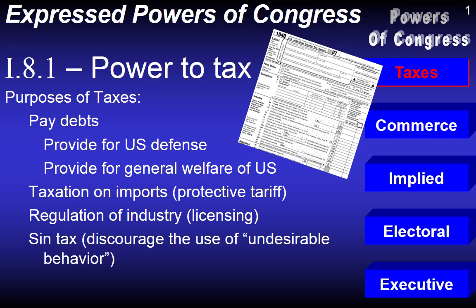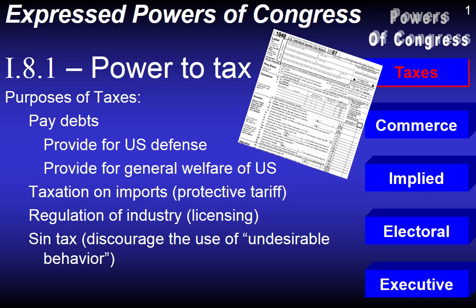And another reason to have a tax is what is referred to as a sin tax. There are behaviors that are legal in the United States, but we really don't think they ought to be something done by the people. And so the government can install a sin tax on undesirable behavior. An example I can give you is that of tobacco. If you go past any of the convenience stores, some of them will say lowest prices allowed. That is because the sin tax has been established on the product to make sure the prices do not go below a particular level, and that's an example of a sin tax.